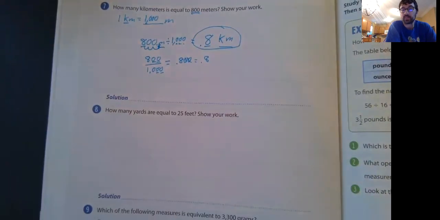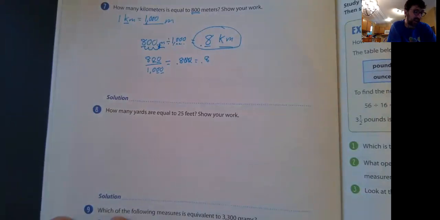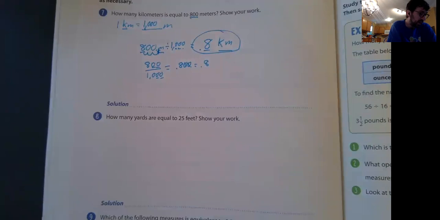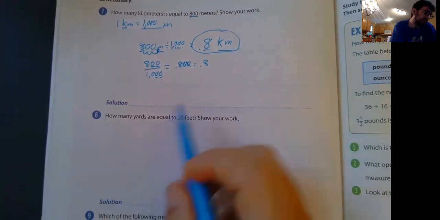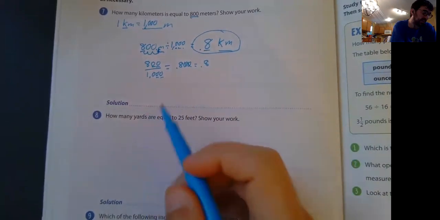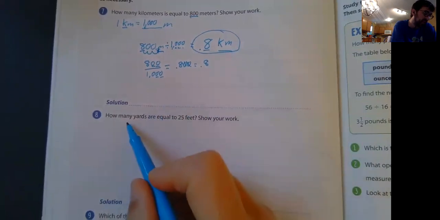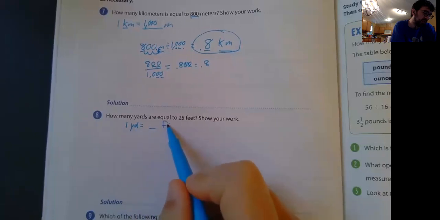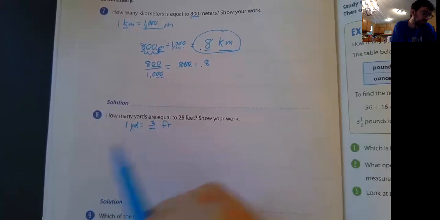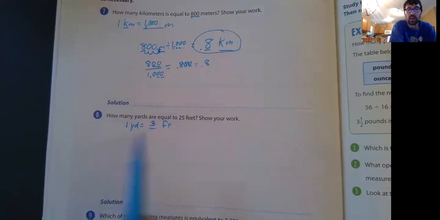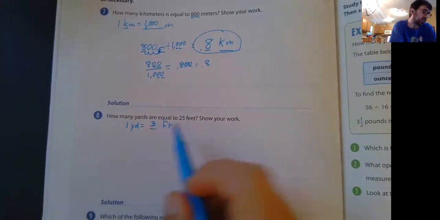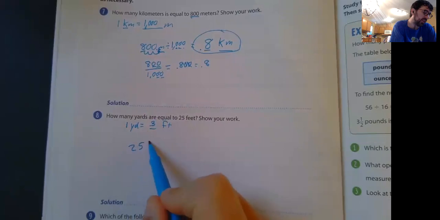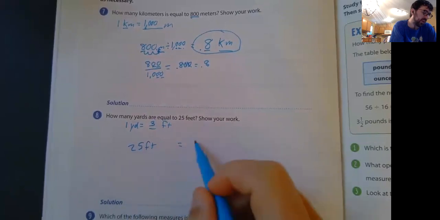All right, next. How many yards are equal to 25 feet? Again, this does not give us our conversion, so that's the first thing we need to make sure we understand. Okay, 1 yard is equal to how many feet? Well, the answer, hopefully we know this, is 3 feet, right? So how many yards are equal to 25 feet? Again, we know we have 25 feet, and we want to figure out how many yards this equals,